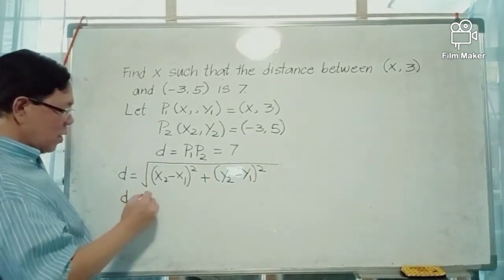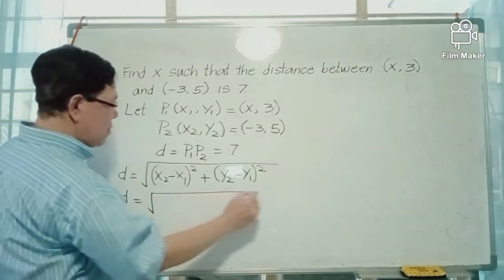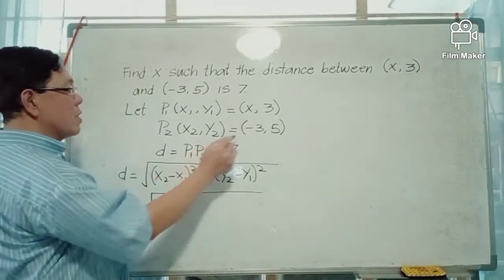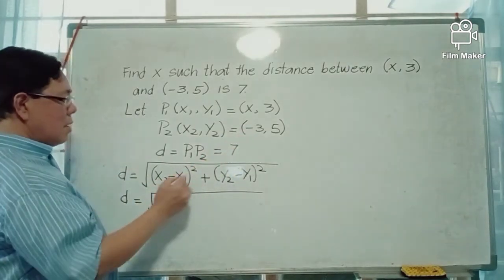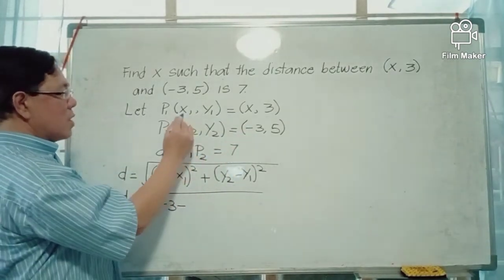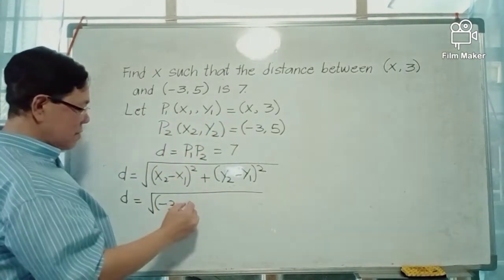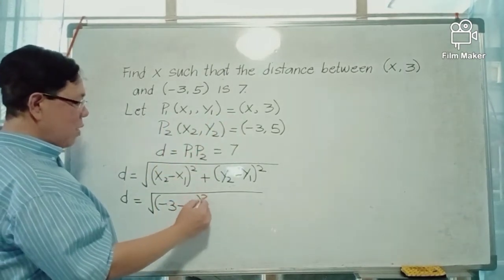D equals the principal root. Our x2 is negative 3 minus x1. Our x1 is x, to the power 2,